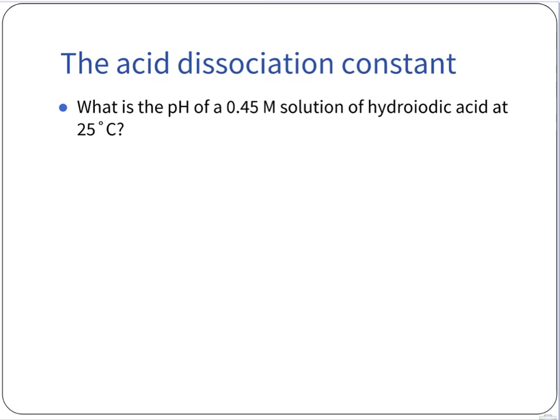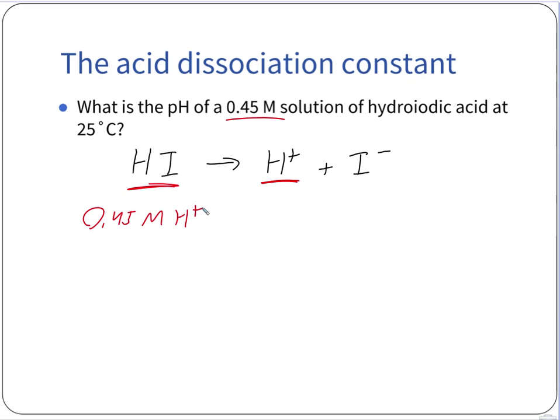So hydroiodic acid, HI, is going to decompose, come apart into H plus and I minus. Now let's double check, is this a strong acid? Yes, it is. Since it's a strong acid, that means we don't have to do any of our equilibrium work. We know that whatever the concentration started off as of our hydroiodic acid is going to be the same as the final concentration of the H+. So since it's a 0.45 molar solution of hydroiodic acid, that means it's also a 0.45 molar solution of H+